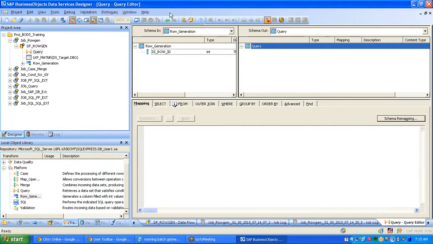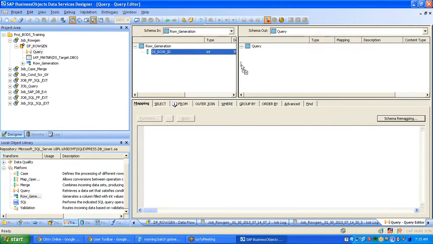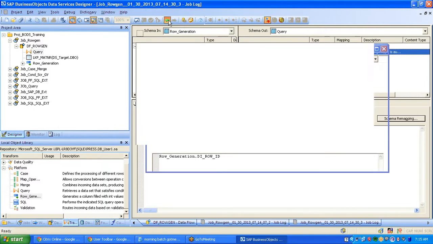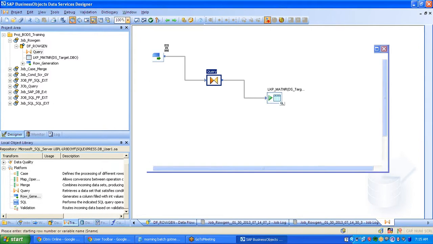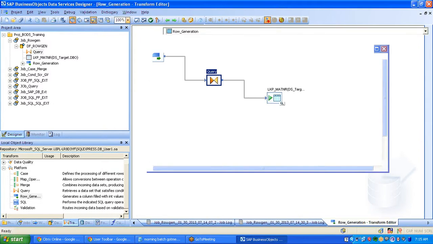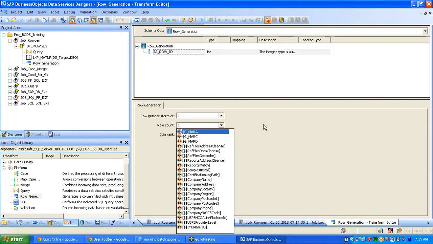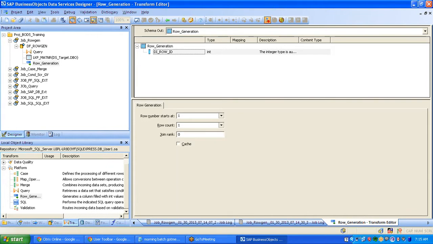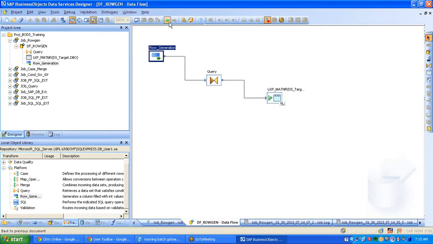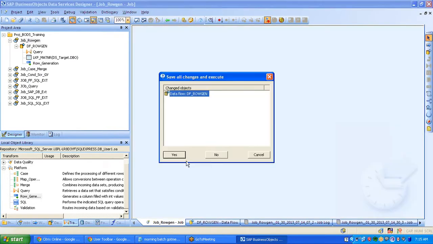The second one: I drag and drop it to the output table. Now open the row generation, and you see the number is starting with 0, make it 1. The row count is 10, the incremental value is 1, and the join rank is 0, and we'll ask the system to utilize the cache memory. You can check this box. So if I execute this job now,